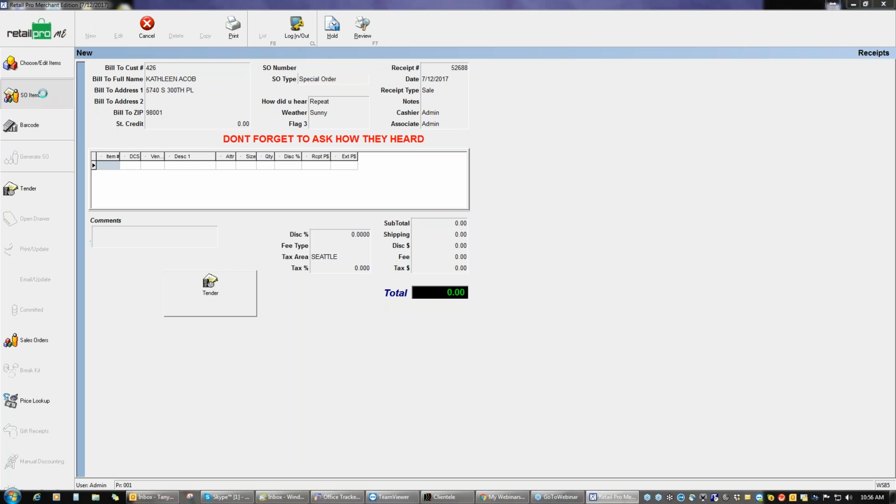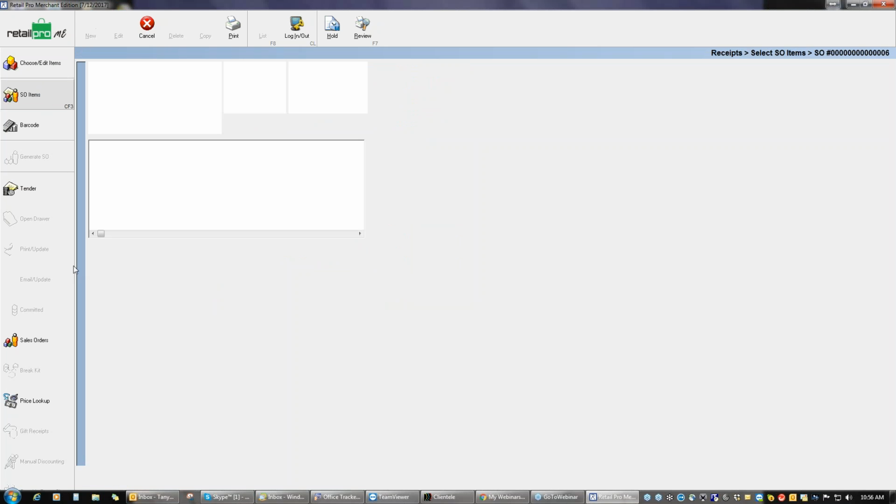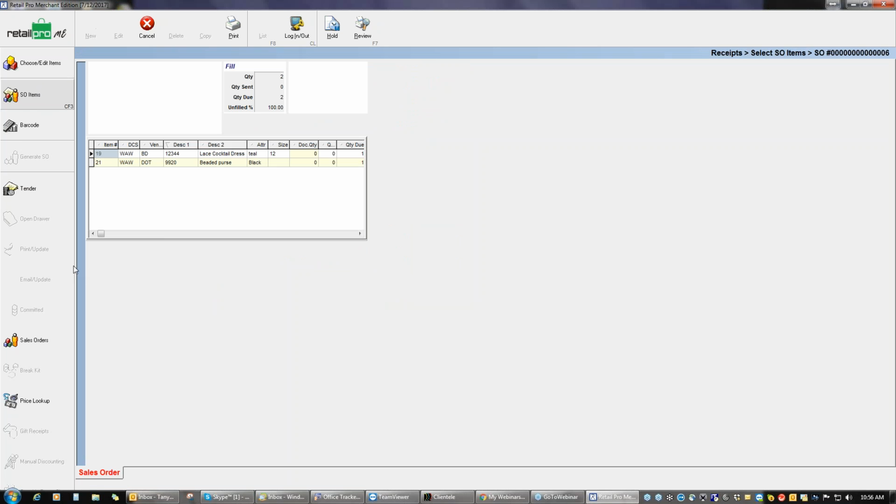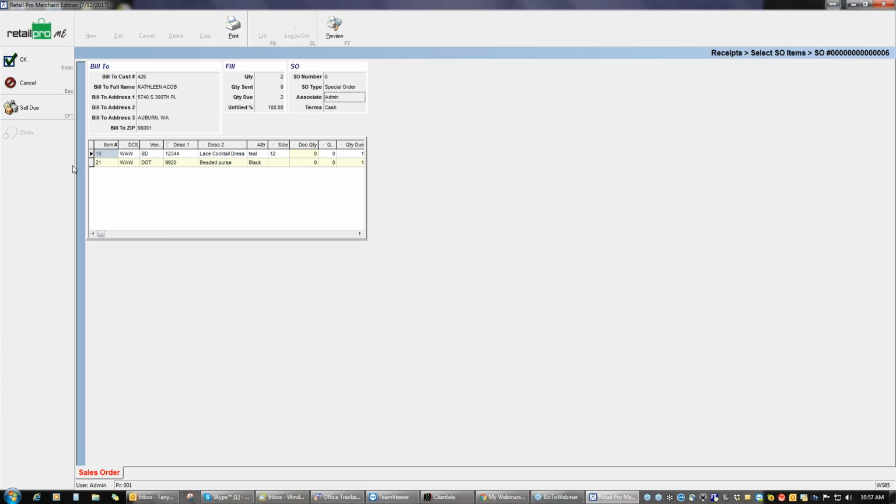I'm going to go to SO items. It's going to show me all the items that were on this particular sales order, and I'm going to click on Sell Due. What that's going to do is it's going to fill in my dock quantity with the quantity that I still owe the customer. Once my dock quantity matches what they're physically picking up, I'm going to click OK. Okay, so I'm now